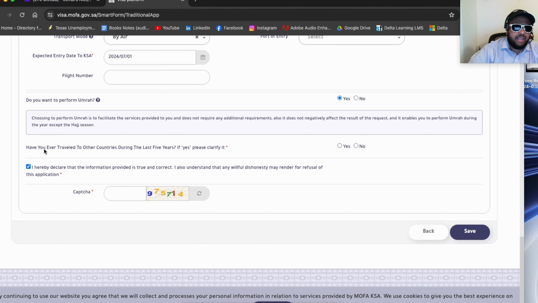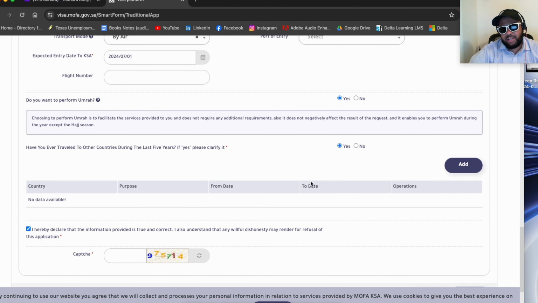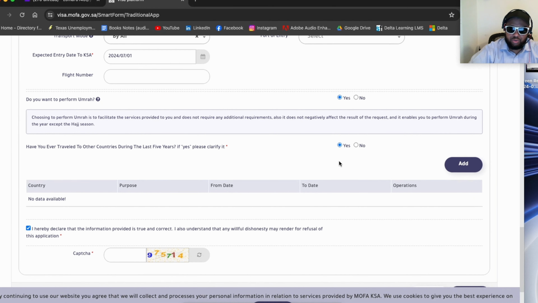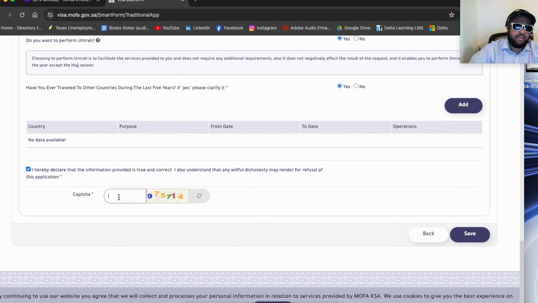And over here it says, have you ever traveled to other countries during the last 5 years? So in the last 5 years, if you traveled to any other countries, you mark this yes. And if you did not travel to any other countries, obviously you're going to say no. I say yes, and that's it. I didn't have to do this part. I did not have to add any of the countries that I traveled to. Okay, and you just add the captcha number here